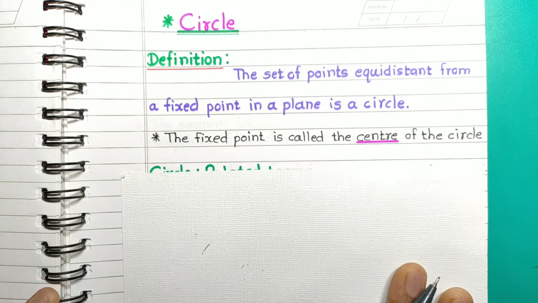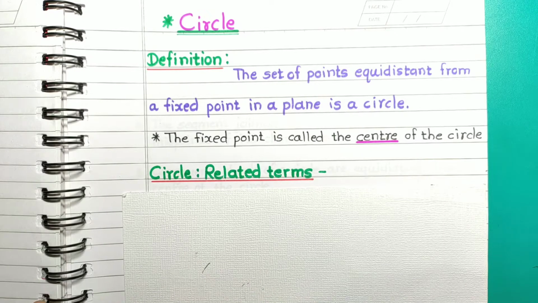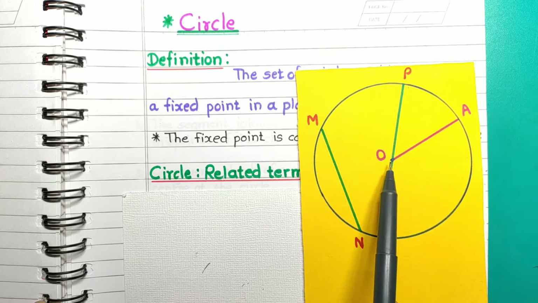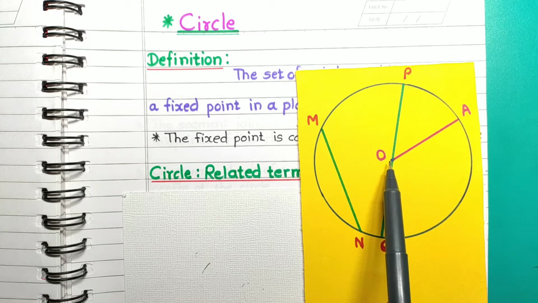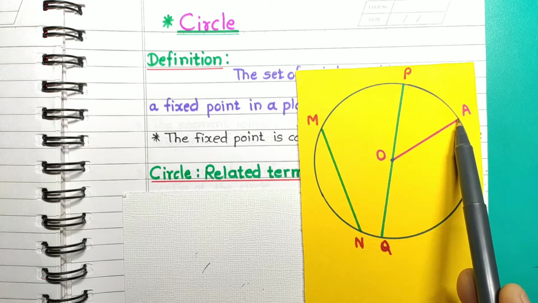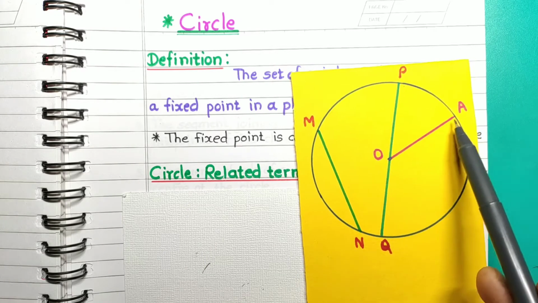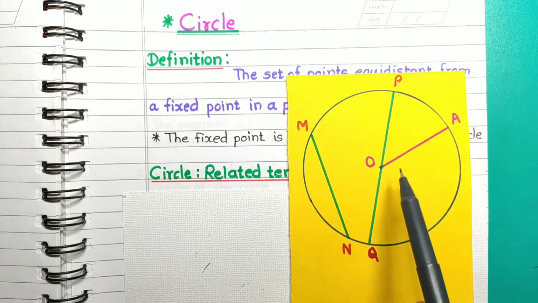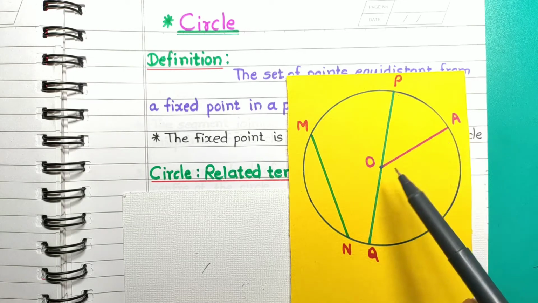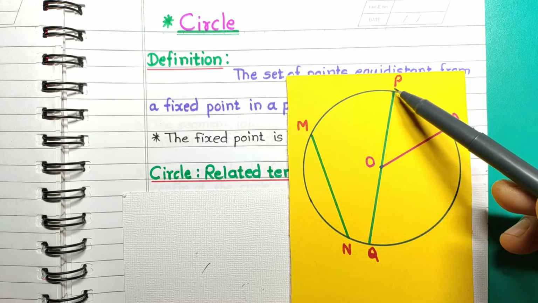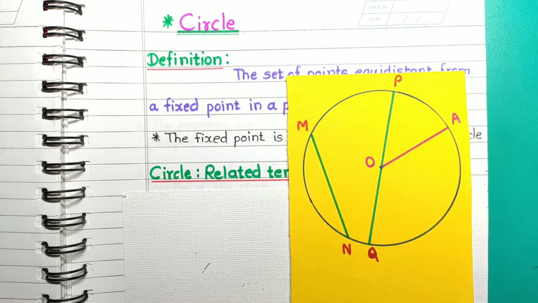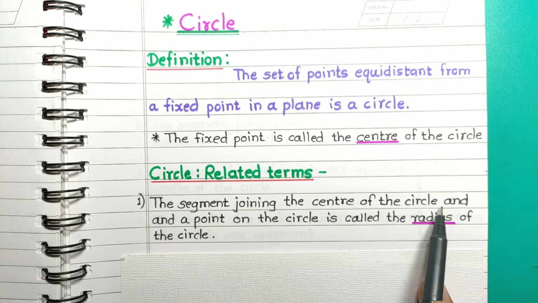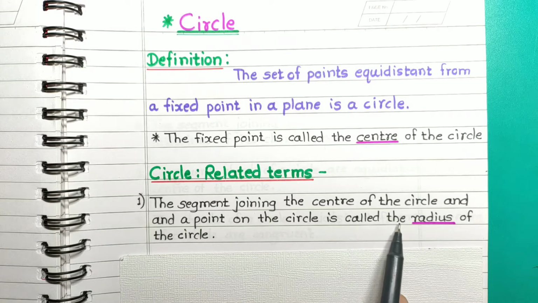Now let's recall some terms related to circle. For this consider this figure. In this figure we find that it is a circle with center O, and when this center is joined to a point on the circle, the segment formed, here it is segment OA, is called radius of circle. In this figure we observe that segment OA, segment OQ, segment OP are radii of this circle. So see, the segment joining the center of the circle and a point on the circle is called the radius